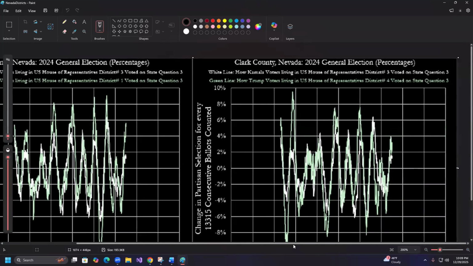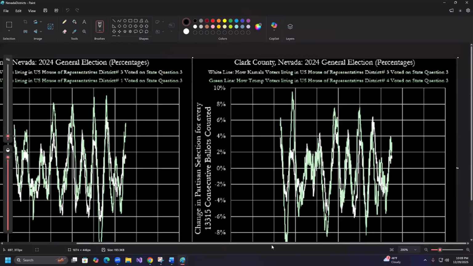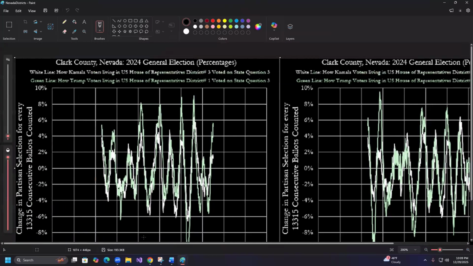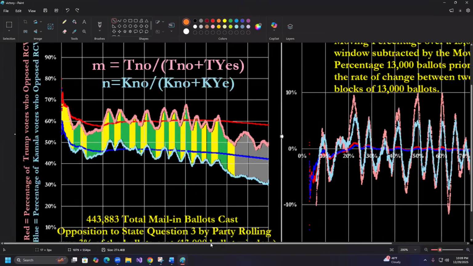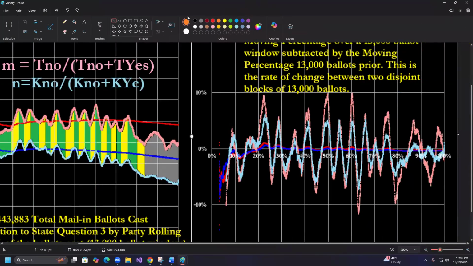Then over here we see district 3 versus 4 and so on. So even between congressional districts, Trump and Kamala voters in different congressional districts are changing their stance on this ballot proposition in perfect synchrony. So you're going to hear me say the word lockstep parallel motion quite often, and that's because the first derivatives are parallel at all times,